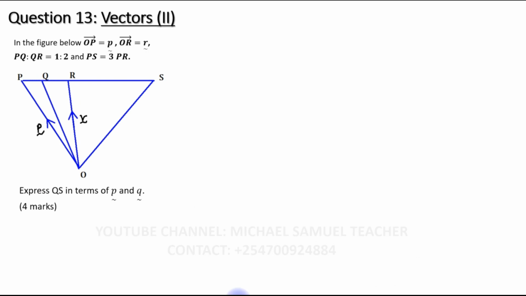So first we make use of the details given. OP is p vector, then OR is r vector, PQ to QR is 1:2, and then PS is equal to 3PR, and in our case PR, we can see the division given 1:2, so in total that is 3, so PR times 3, so PS will be 9, so 9 minus 3, RS will be 6. That is so important. Therefore, having that